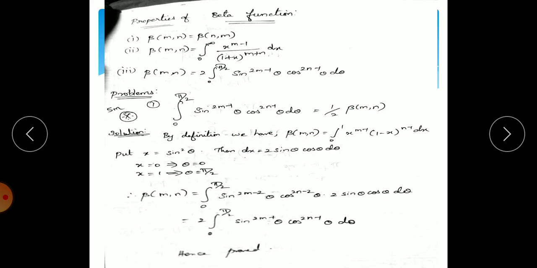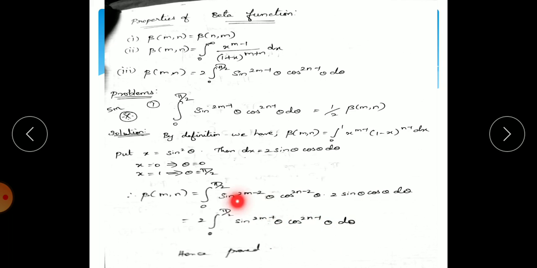Now put x equal to sine squared theta, so dx equals 2 sine theta cos theta d theta. Apply the limits 0 and 1. Therefore the theta values will be 0 and pi by 2, so it changes to 0 to pi by 2. Apply the values and write it here. By the even function we would get 2 into 0 to pi by 2, but here it is directly there, no need to find the even function. So take 2 outside. The remaining is the integral from 0 to pi by 2 of sine power 2m minus 1 into cos power 2n minus 1 d theta.